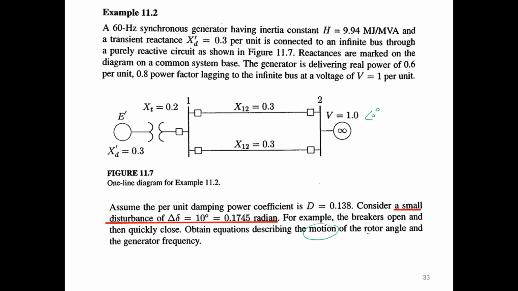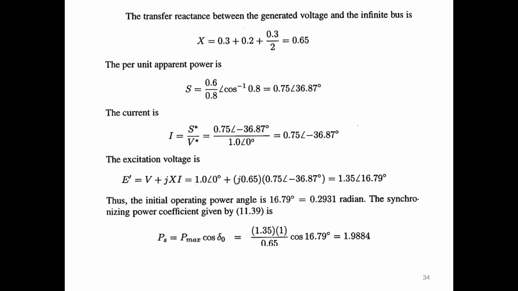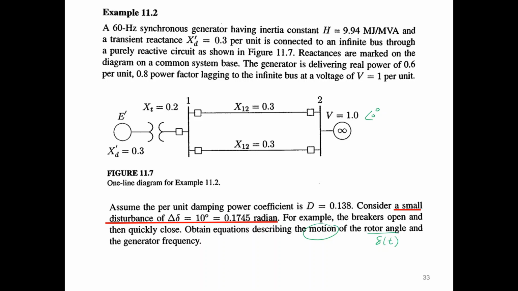That means that the rotor angle is delta. So this is the equation that explains the motion of the rotor angle. That means that we need to find the delta at time t and the generator frequency. It's just the same idea, right? From the problem itself, the first part of the problem, we need to